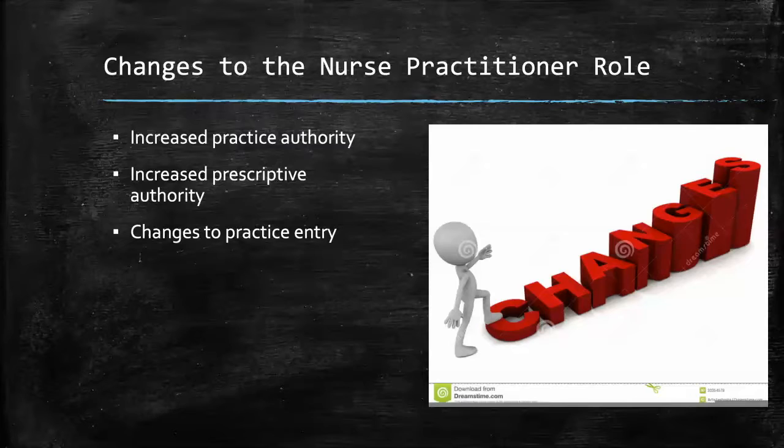With the increase in practice authority comes a debate about which level of education is appropriate into practice, DNP or MSN. The MSN is the minimum level of education that a nurse practitioner can hold in order to practice in the role. A DNP is a terminal nursing degree. Although this debate has been ongoing for several years, it is entirely possible that in the future, new nurse practitioners must obtain a DNP prior to becoming certified and practicing in their new role.